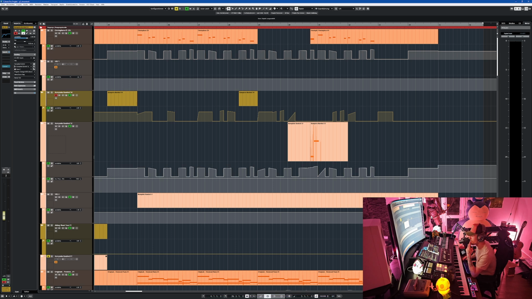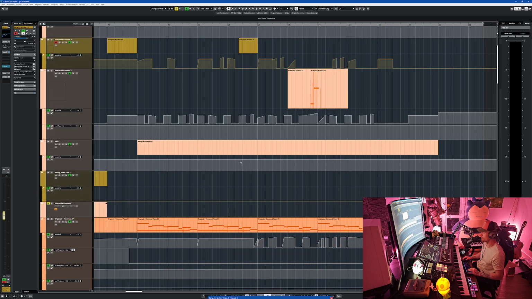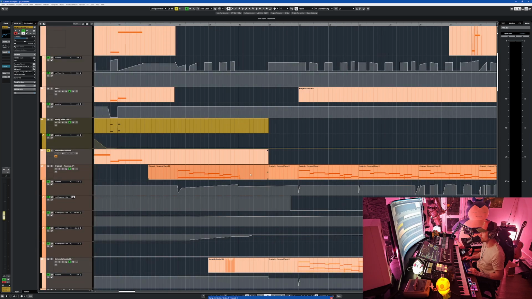The brass left, Hans Zimmer strings to the right. Staggered the panning. I'm not sure if maybe it's a word thing, so phasing shouldn't be a problem.